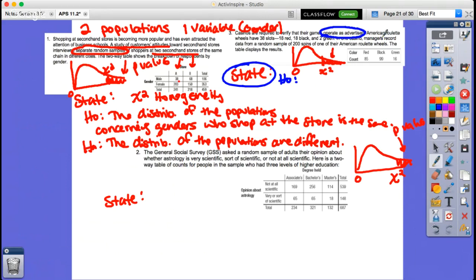In one casino, managers record data from one random sample, there's your one population, of one of their American roulette wheels. The table displays the results. So this right here would obviously be the totals, right? But as we look at this, we're looking at just color. So colors are the variable, one random sample, one variable. We're comparing our sample to our expected values, which we'll look at. We haven't really converted them to expected values, but you get the idea. So in this case, what we would do is one variable to one population. We would then say that the sample distribution